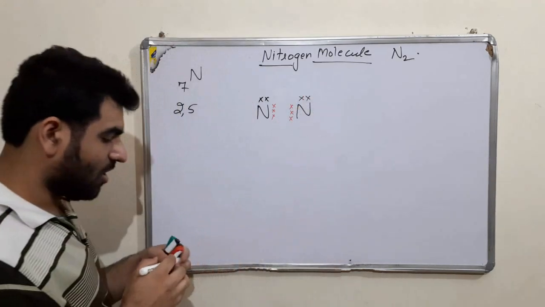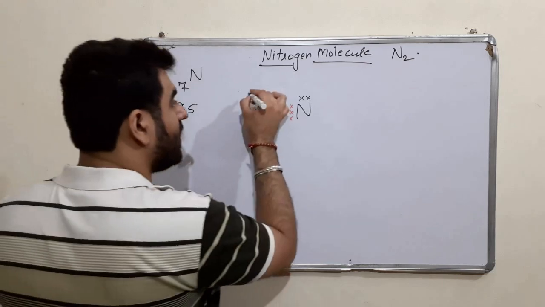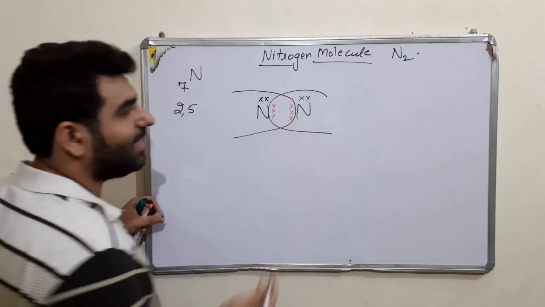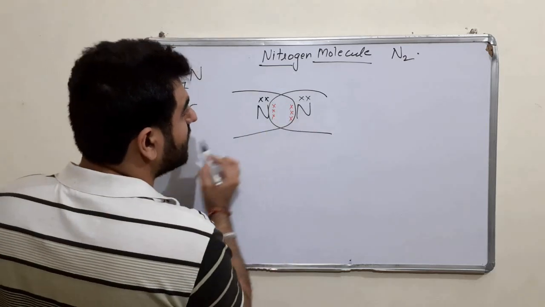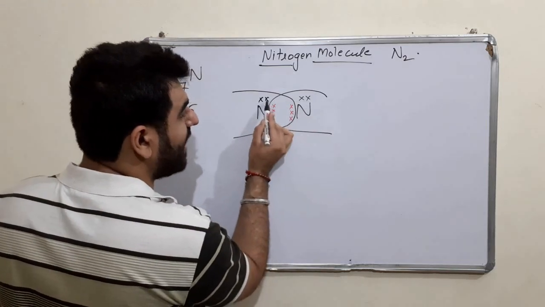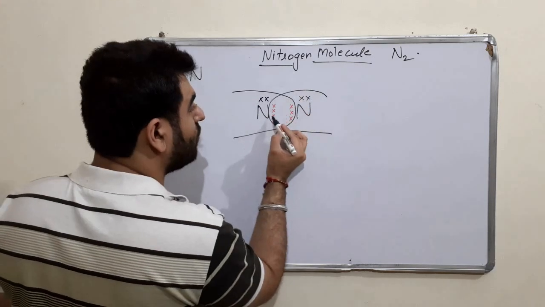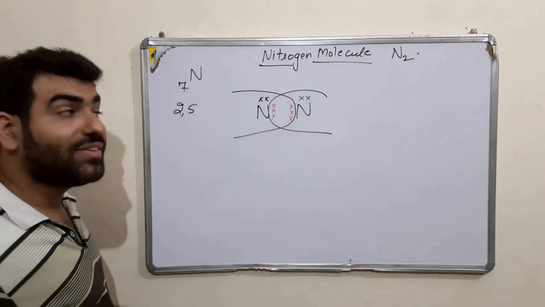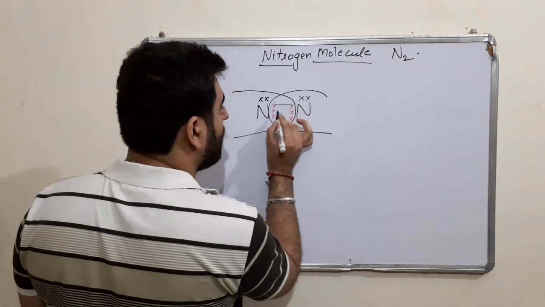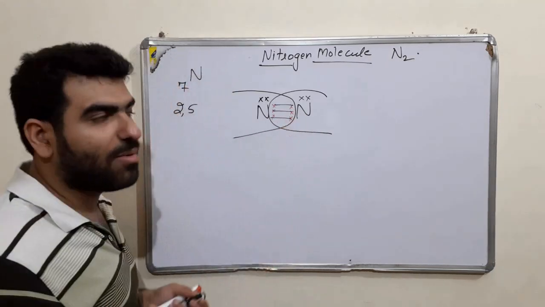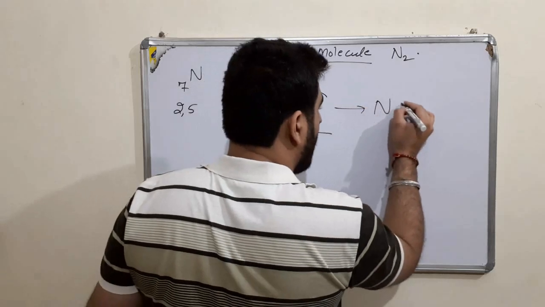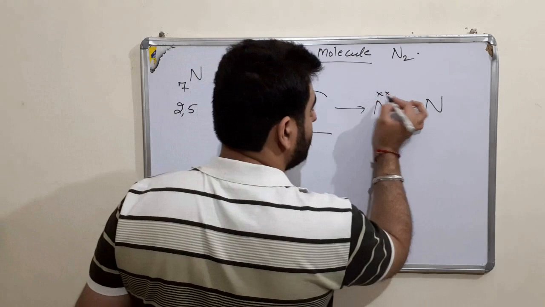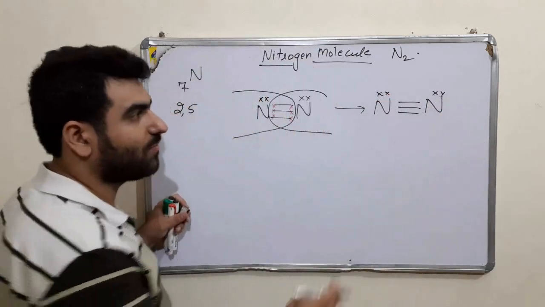Alright. Let us see the bond formation. This would be here to here. Here to here. Let us count. For this, 1, 2, 3, 4, 5, 6, 7, 8. For this, 1, 2, 3, 4, 5, 6, 7, 8. How many pairs of electrons are shared? 3. So this and this form a bond, this and this will form a bond.